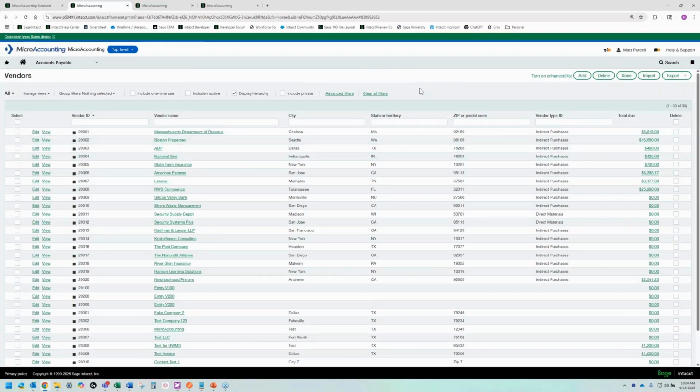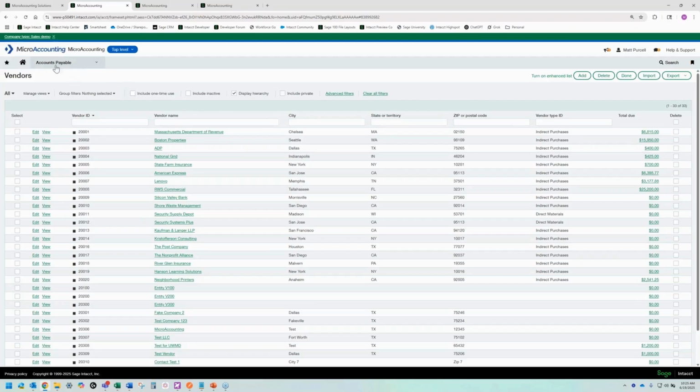Alrighty, a couple other things. So next thing I want to get into is enhanced lists. With enhanced lists, this is one of those things that I kind of touched on a little earlier, said it was kind of like a newer functionality in Intacct. And this is something that they seem to be adding to with all the quarterly releases and kind of expanding more and making it more and more useful. So I personally am a huge fan of the enhanced list views. So basically I'm just going to show you guys what all they're capable of.